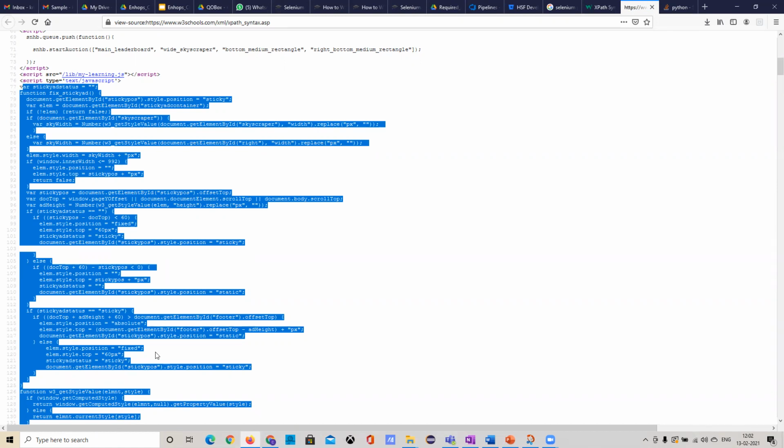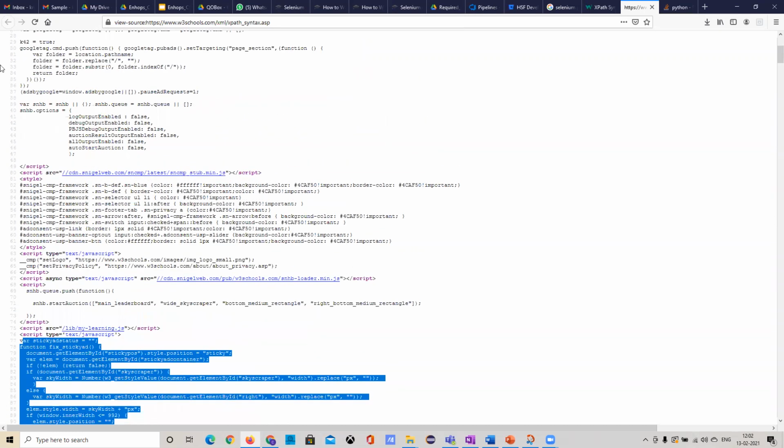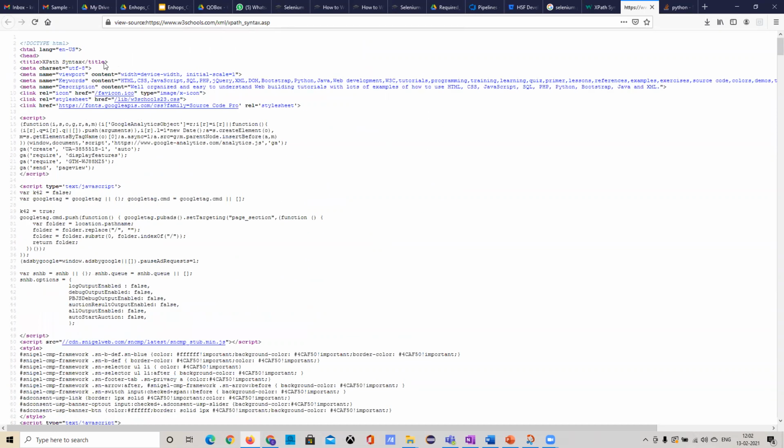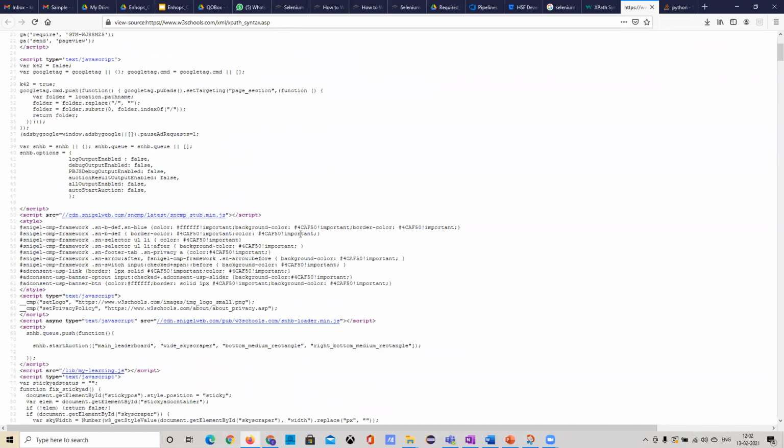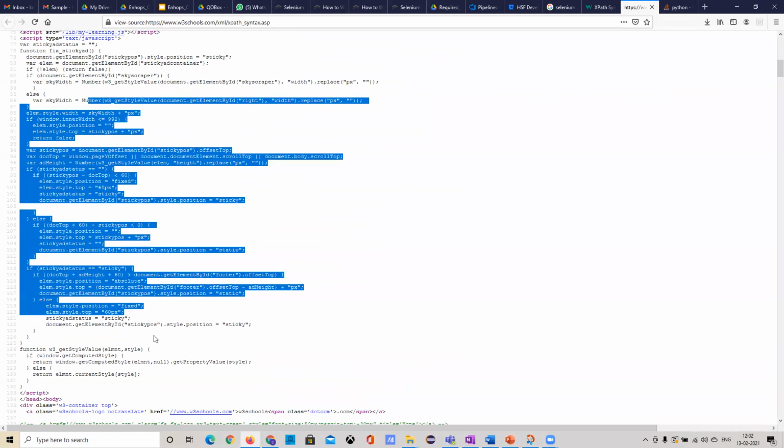HTML code, these are the tags. With the help of the tag, you will be setting, for example, this is a title tag. You can set what title you wanted to see, how your heading should be coming, and what should be your body. All those things will be coming from this. CSS is nothing but styling. If you wanted to add styling for your HTML, then you'll be using CSS. And if some logic is to be implemented, you'll be using basic JavaScript.